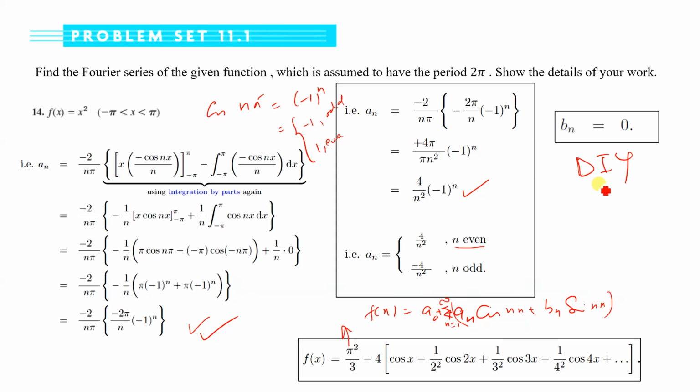So Bn is equal to 0 for all n. So that is why you cannot see any sine term in this series. And a naught is pi square over 3. So this is the value of a naught. And